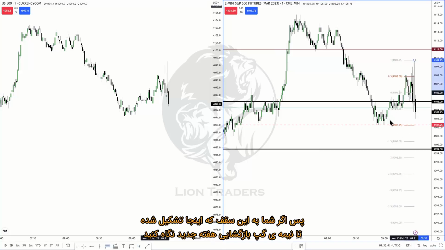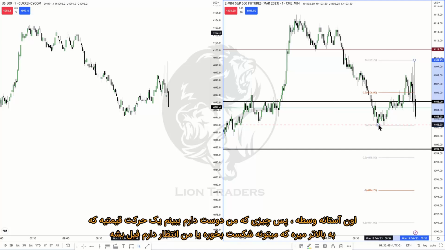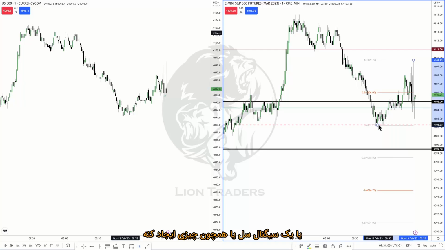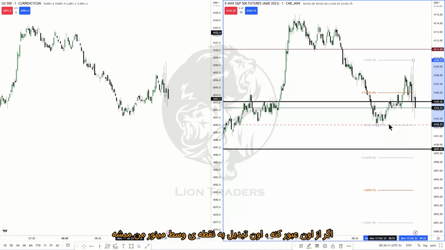So if you look at the high here, it formed down to the midpoint of the new week opening gap. That is consequent encroachment. So what I'd like to look for is a price run that moves higher that can be faded, or I expect to see it fail, or maybe create a sell signal, something to that effect. And if we can get through, there's nothing saying it's going to do it yet, but if it gets below the consequent encroachment level of 4102.25,